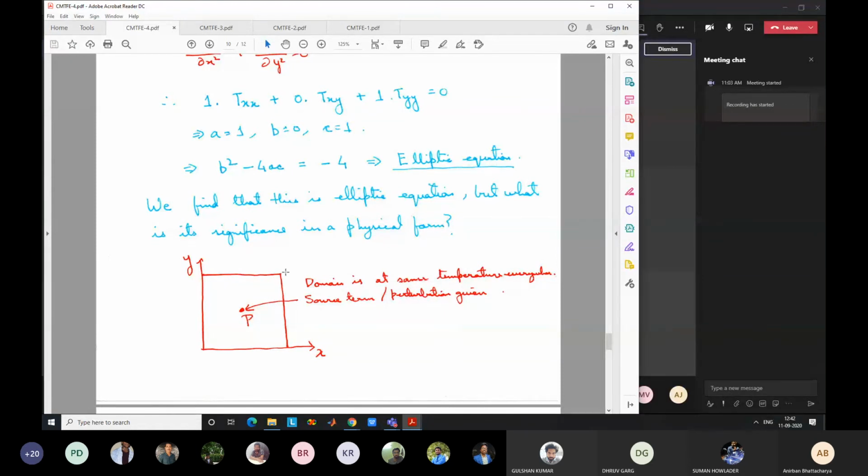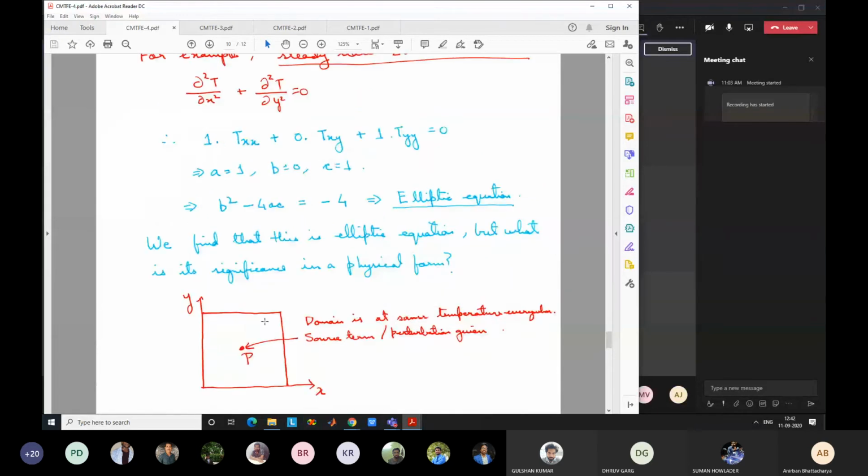So this domain boundary in this case is going from some value, this may not be the origin also, to some other value in x and from some value of y to some other value of y. If it is arbitrary, you cannot directly say what the domain extent is. It will vary. But we have a certain domain inside which we are solving this equation. And say it is at some temperature, the same temperature everywhere.